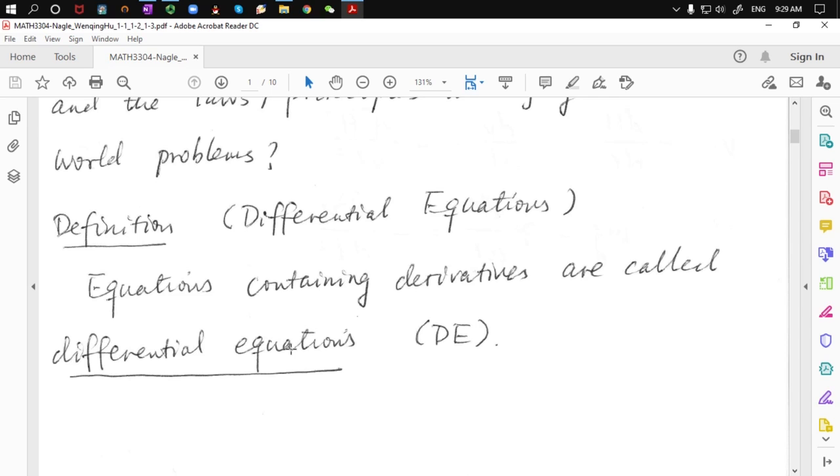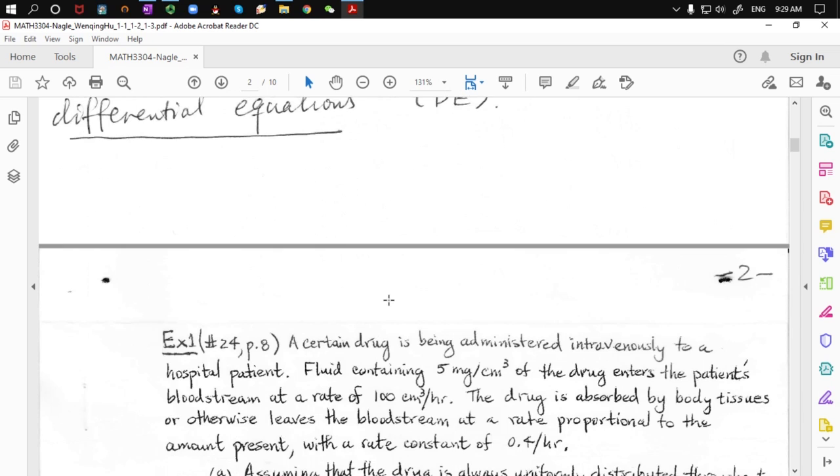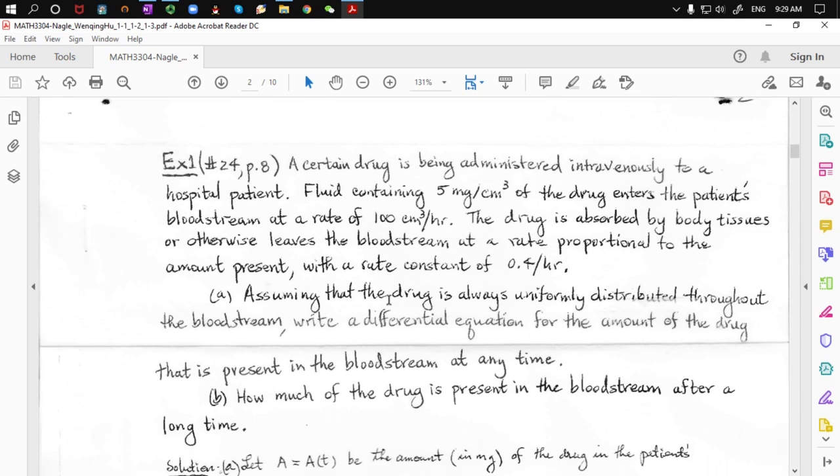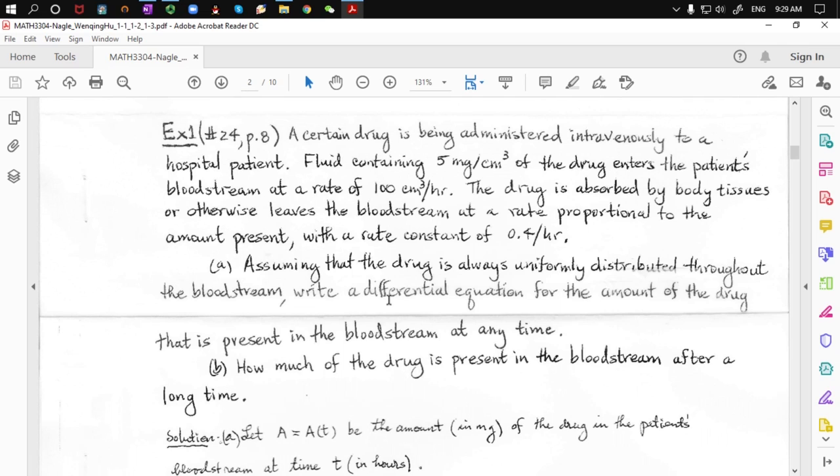It might be too abstract to talk about it in terms of such a definition, so I would like to show you a real-world example from medical sciences. What does this example say? It says that a certain drug is being administered intravenously to a hospital patient. The fluid containing 5